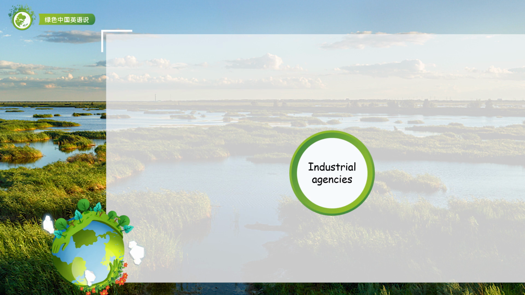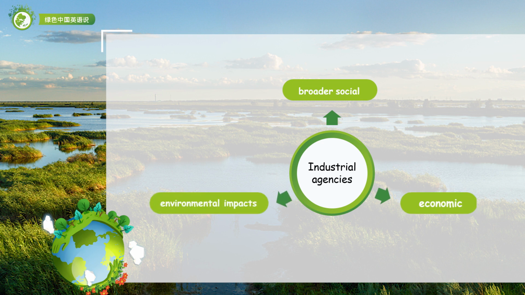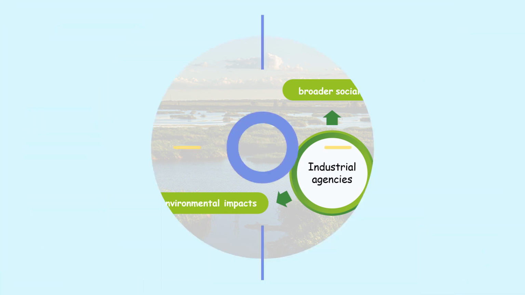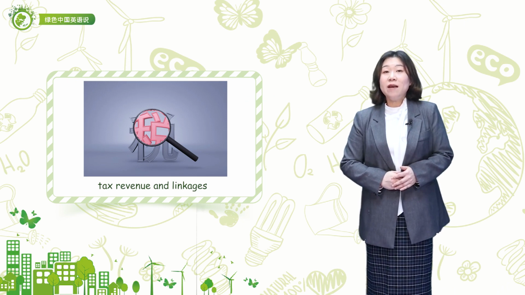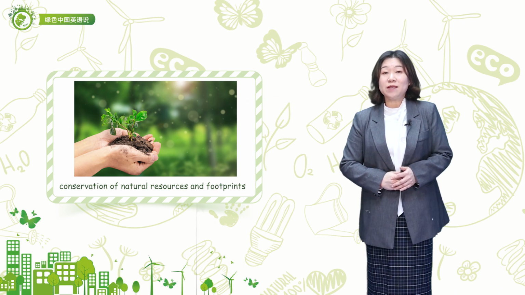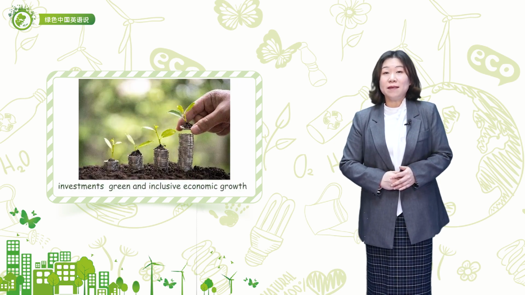Industrial agencies should also undertake a detailed mapping of companies to understand their current position in terms of their broader social, economic, and environmental impacts. They need capacities, human capital, and data to monitor social and environmental impacts. If planning and revenue departments, via tax revenue and linkages, and the Environmental Protection Agency, via conservation of natural resources and footprints, are active, it becomes easier for the industrial agency to make sure investments are in line with green